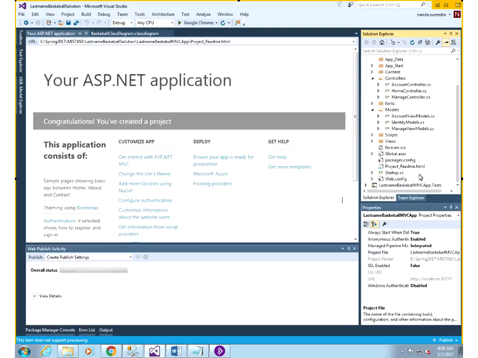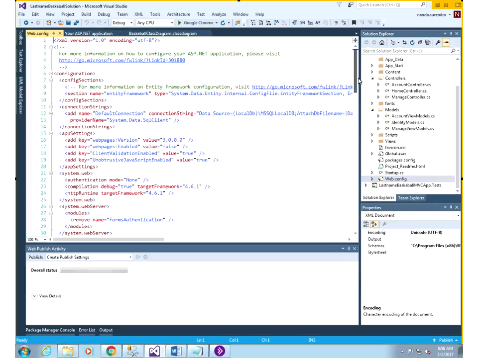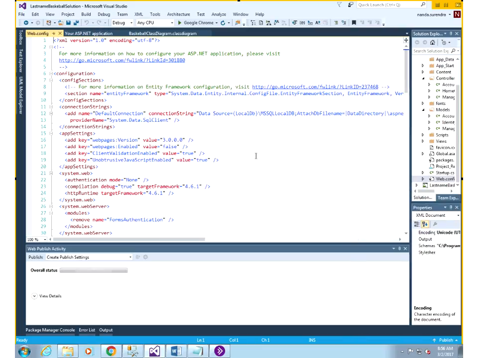And I told you that there are two web config files. One, you can see it right at the very bottom here. The second is, if you open up the views folder, there's another web.config. So that's not the one that we want to see. So you can actually close the views folder so that it doesn't cause any confusion. And then you'll only see one web.config. So that's the one that we want to get into. So if you open that up,